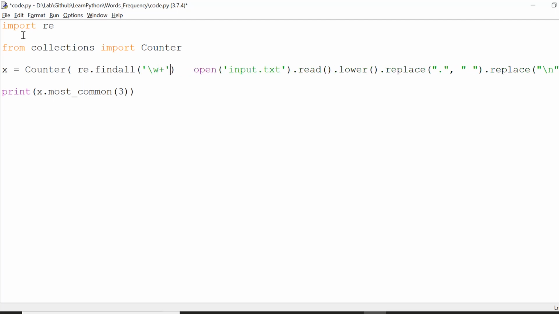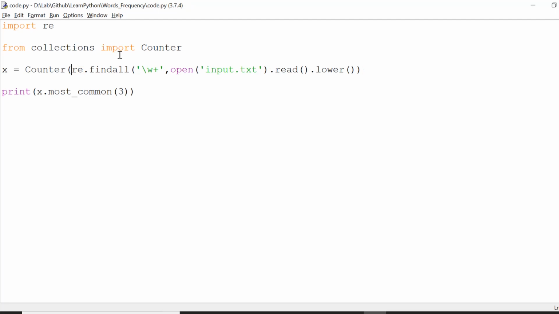So I need to find all the words. Where do I need to find? I need to find in the file. So this part I extract from here, and the later part I remove it. So I am using a regular expression pattern to find the words in the file after converting them to lowercase, and then I am evaluating the frequencies,